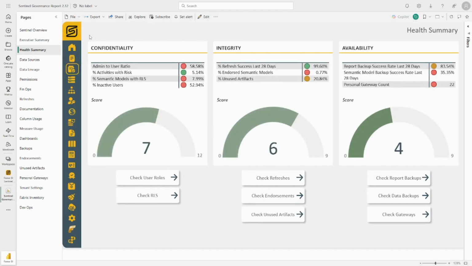And this summary gives you a view of the health score of your tenant. We at Power BI Sentinel are fully ISO 27001 certified, and we have decided to take the pillars of ISO, of confidentiality, integrity, and availability, and build some scoring metrics to help you relate to those scores and work towards them. So falling under confidentiality, for example, we can see here that our most critical items that we have on